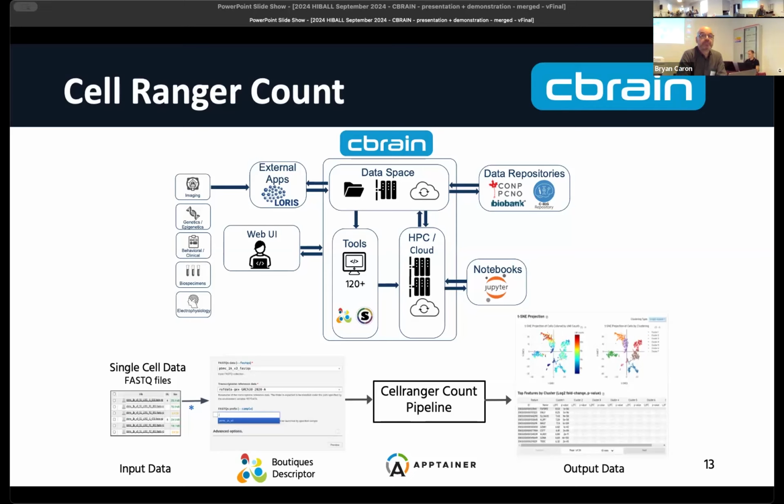Can we also download those visualizations? You were saying the output can be viewed directly in the CBRAIN interface and we can download that data, but can we also download the visualizations? Yeah, that's all within the HTML. In that case, for Cell Ranger, that's a visualization directly embedded within the HTML file. So by downloading that file, you're downloading what you see visually represented there. It's not a representation of data that's only sitting in CBRAIN.